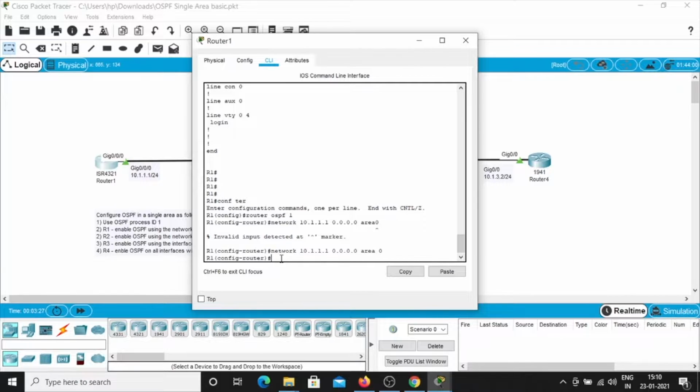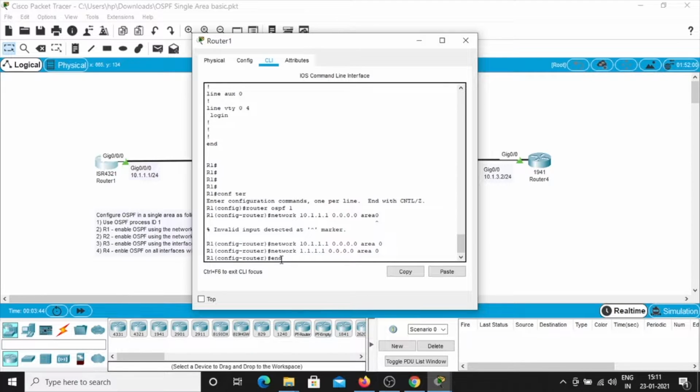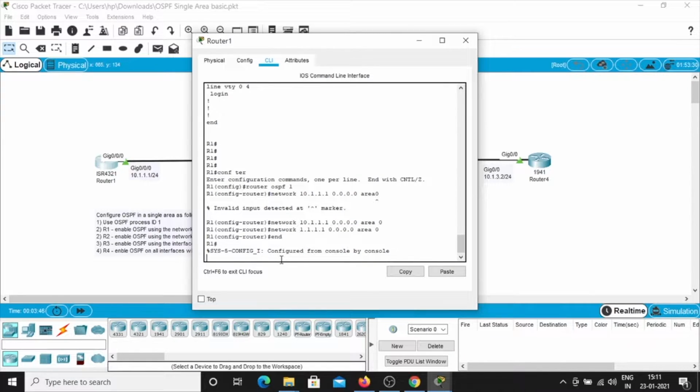And the next command is going to be network 1.1.1.1 0.0.0.0 area 0. End. So now we are going to check show IP OSPF interface.